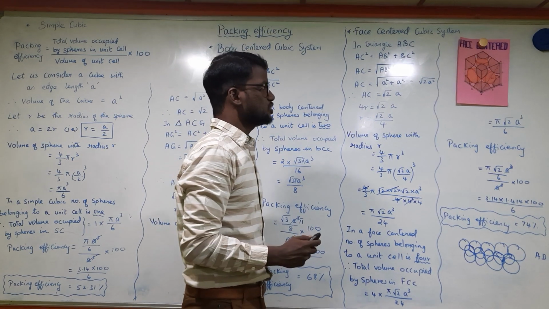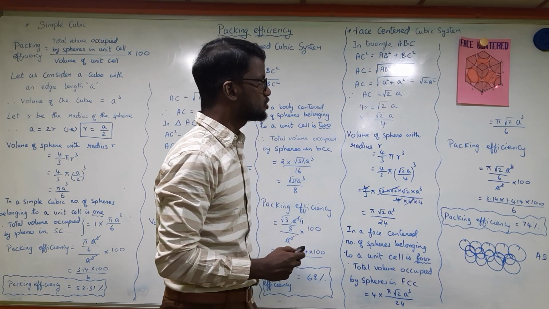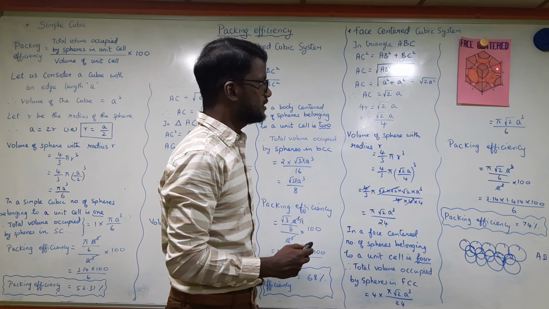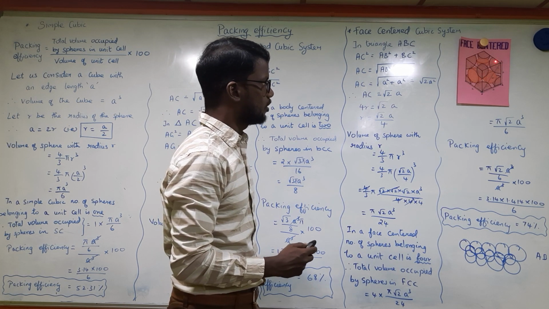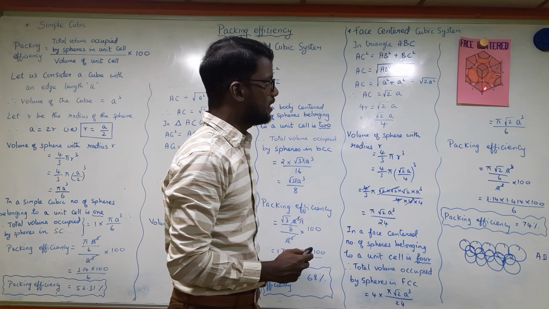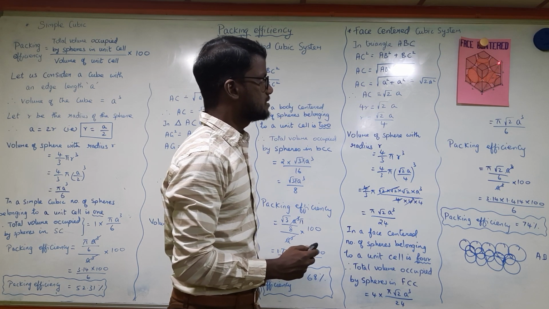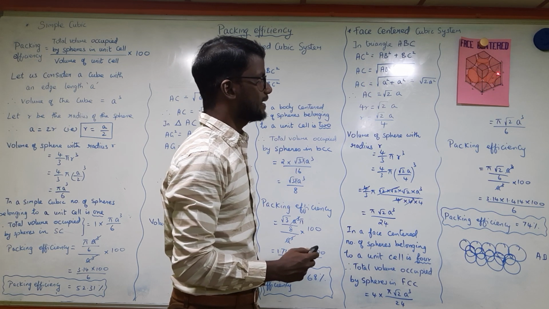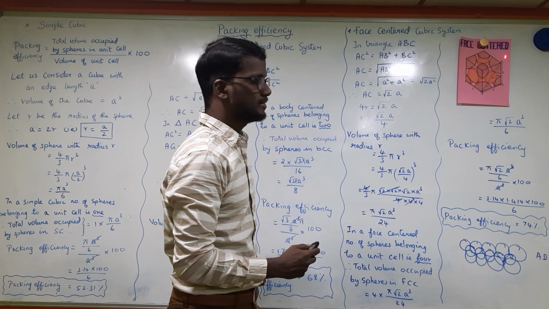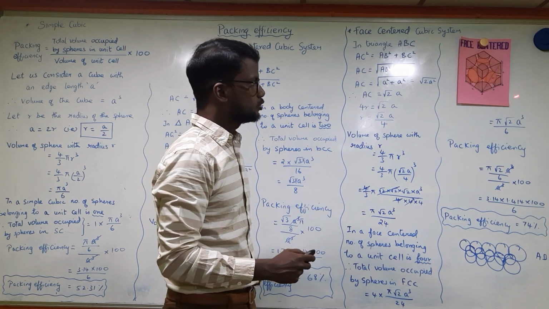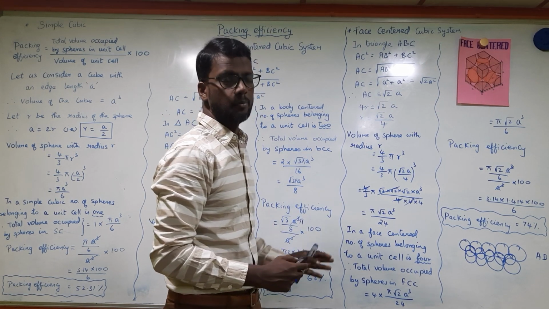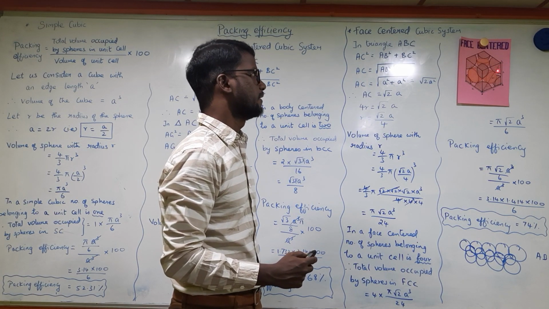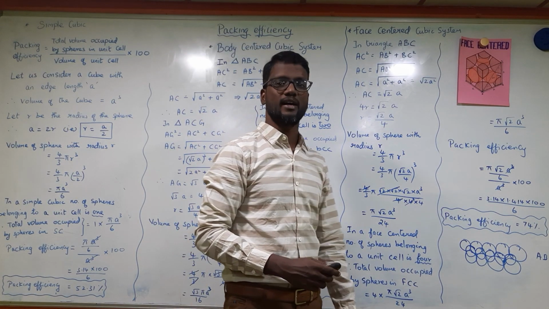So when they touch the atom in the face, we'll take this triangle ABC. You can see this atom touches this and then touches this. So I draw a line over here, and this is the radius r of this atom, and this is the radius r of that atom, and in the center we have a full atom, so its diameter is nothing but 2r. So what is the total length? r plus 2r plus r gives you 4r. The total length is going to be 4r. So the first step is to find the value for r.